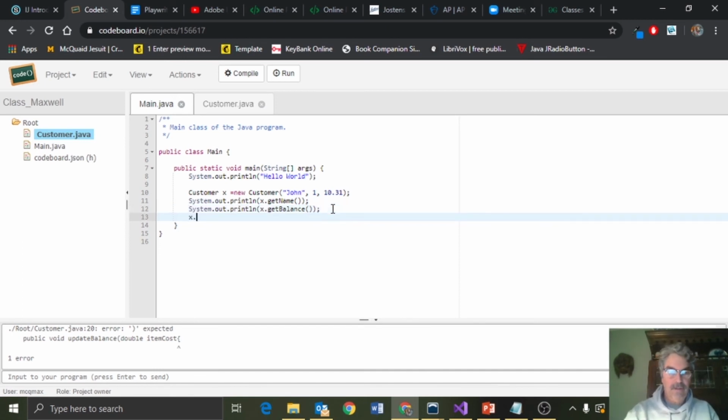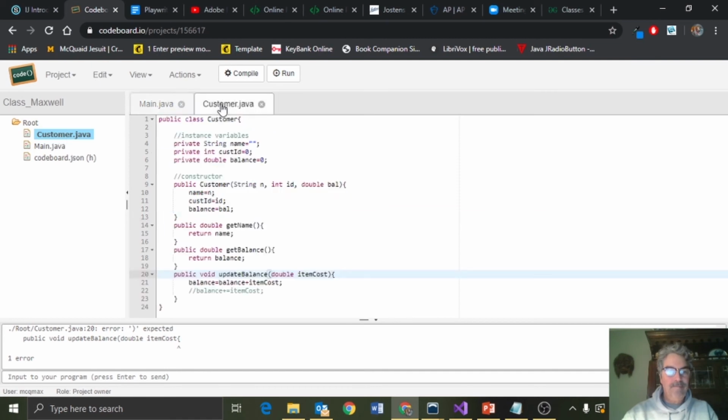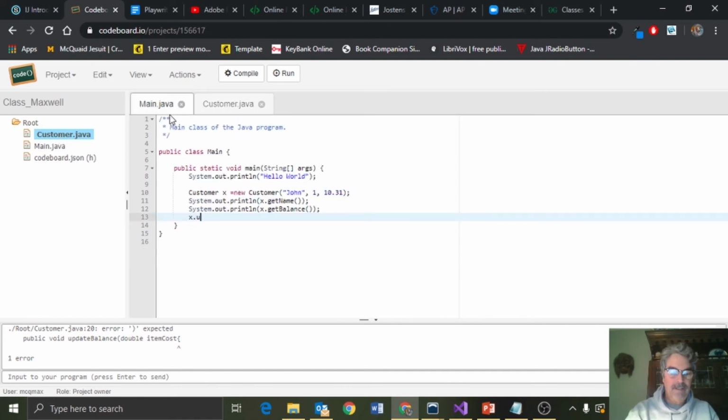And then what I'll do is, since it's not returning a value, it's a void method, I'll go, what did I call it? Update balance. Okay, x.updateBalance. Wow, I'm really having a hard time typing balance today. And if the balance was $10.31, I'm going to make a purchase of $5.73. And just to see that the work of the updateBalance method is done, I'm going to output it again right here